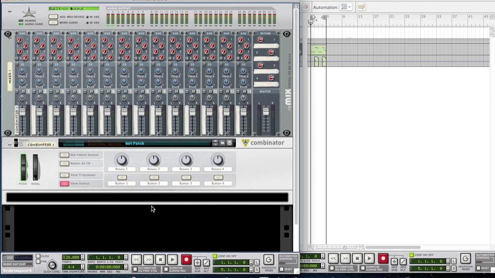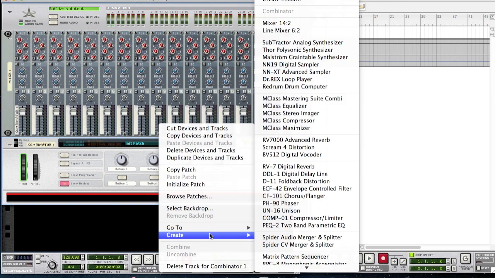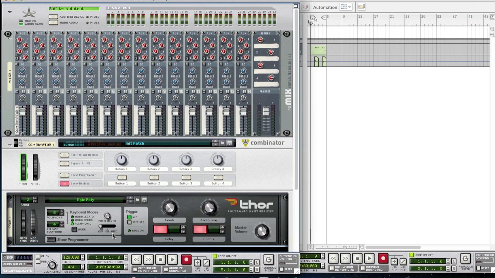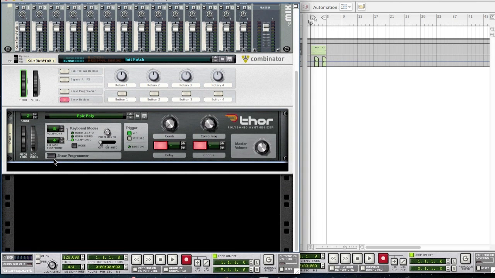But anyway, let's get on with the tutorial. So first, you're going to need a mixer and combinator, as you're going to do with every single one of my tutorials. But in the combinator, you want to create a 4 and initialize the patch